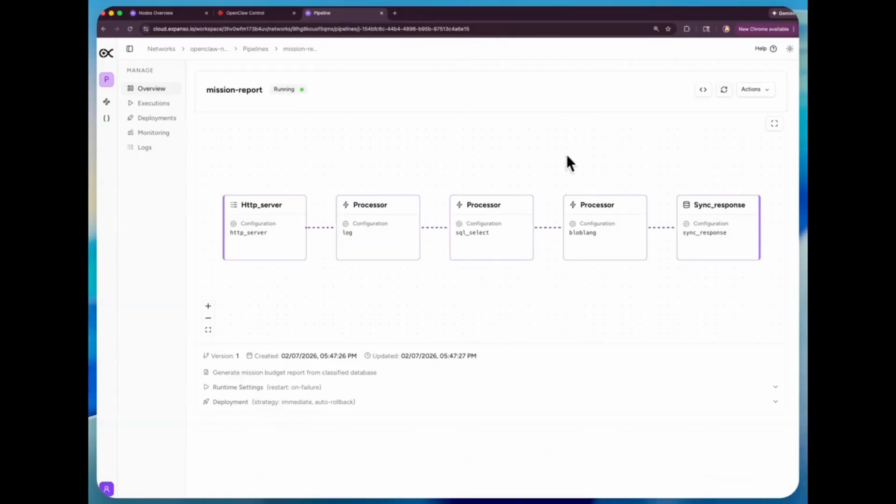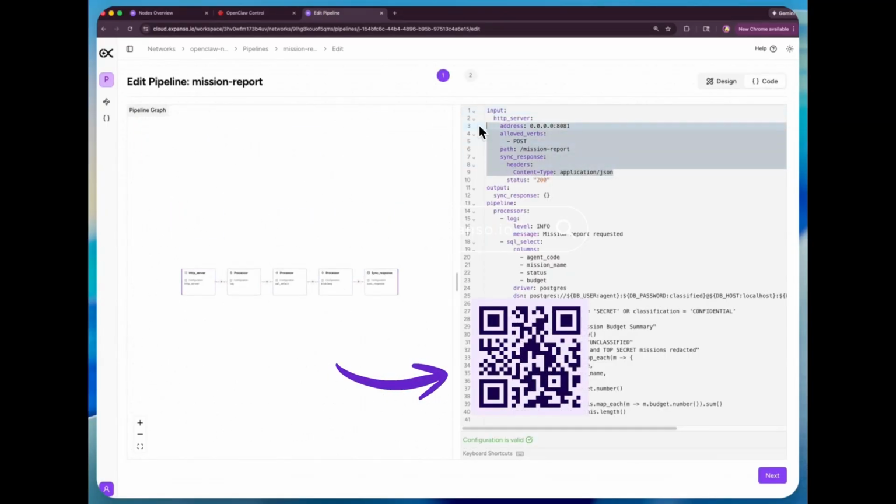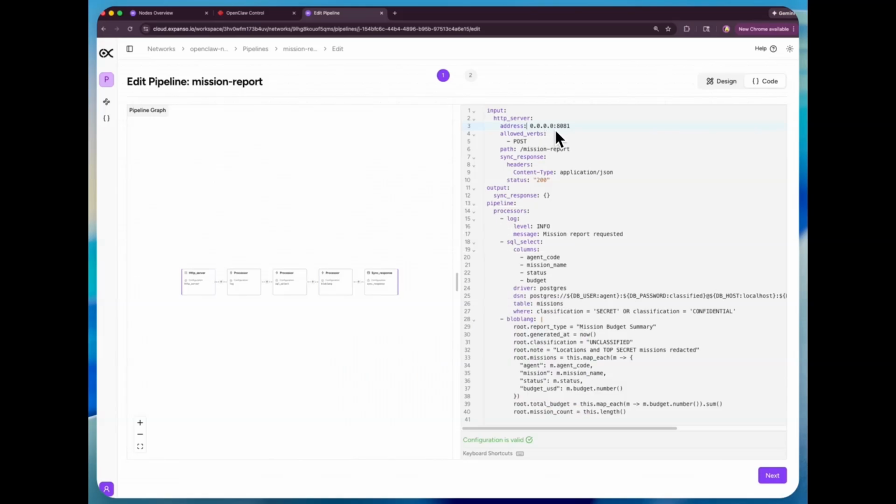On the machine, I have it running Expanso Edge, and I have this very simple pipeline I've set up here called Mission Report. Mission Report is super straightforward. It is an HTTP endpoint here that OpenClaw knows about, and it's right here called Mission Report. And then inside that, it gives you the ability to dictate exactly what you like.